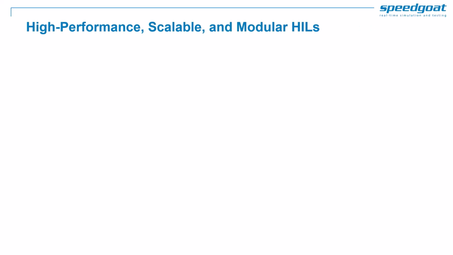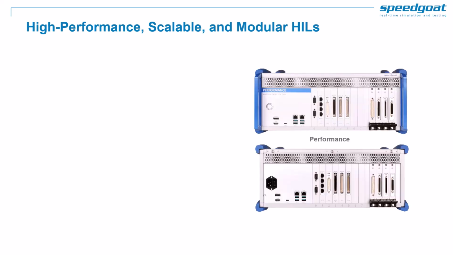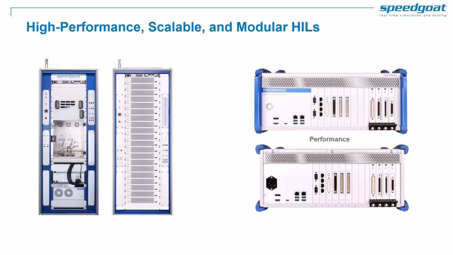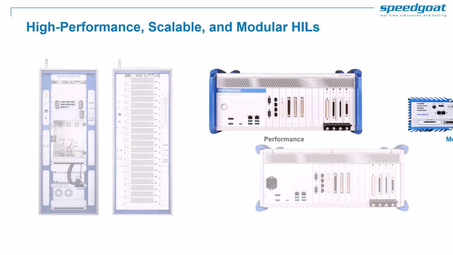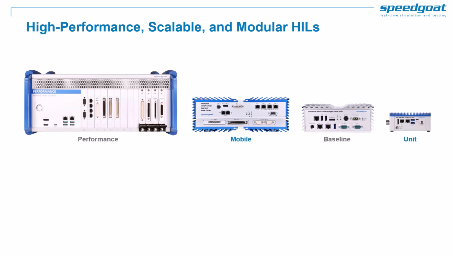Let's now have a closer look into the hardware and integration benefits, starting with the HIL simulator, which is a core component of your test system. The mainstay for HIL testing is the performance machine. It's the most scalable and performant system. It is suited for desktop use, but also for rack mounting. The mobile, baseline, and unit machines are smaller and rugged, making them better fit in HIL applications requiring more portability